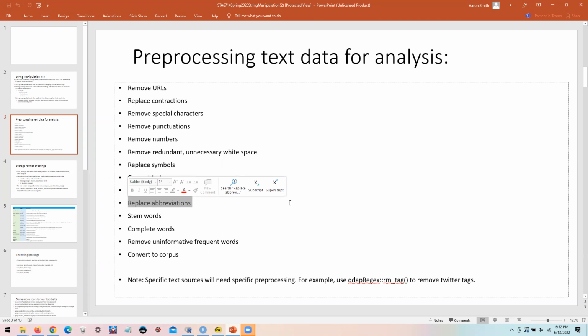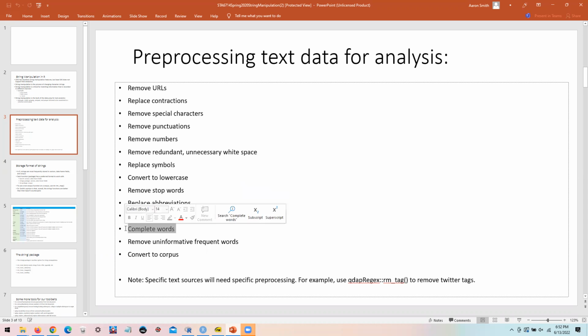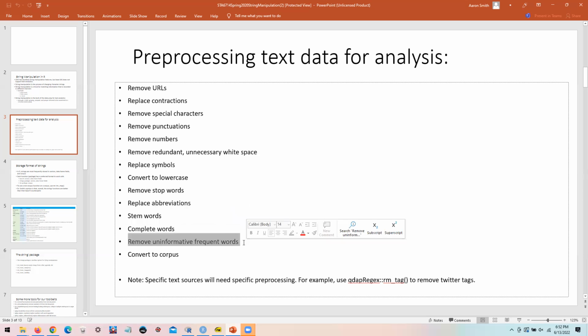Now, replacing abbreviations. This would be something like for states, where I want a consistent representation of words. Stemming words is taking similar words and putting them into one format, like all the jumps. And then we can complete the words. And now here, after I'm done going through all of this, what I did was